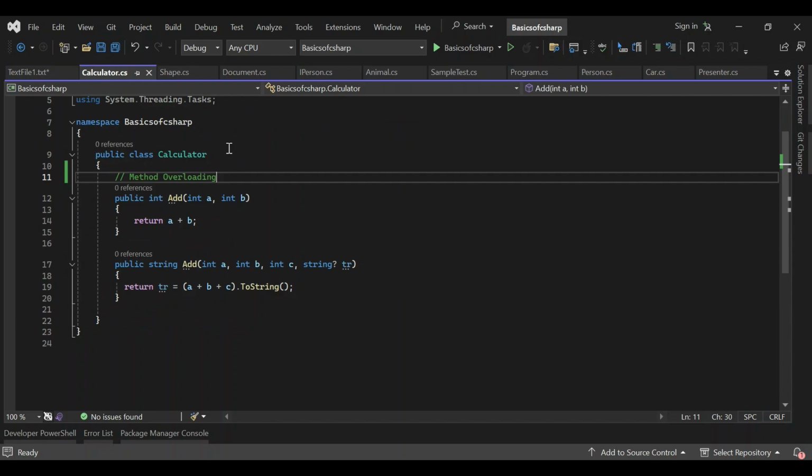Let's see, I have created one calculator class, public class Calculator. This is an example of overloading. What does overloading mean? When we have different methods, but the method name is the same, inside that we can define different parameter lists. You need to remember how to define it in a sentence like this: when multiple methods with the same name